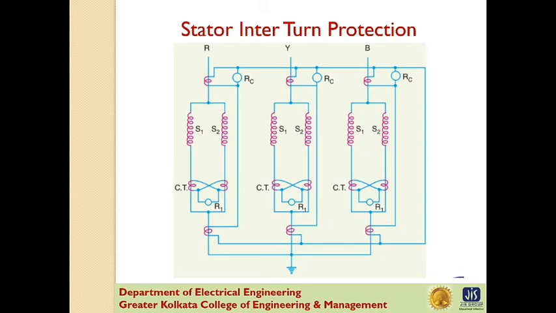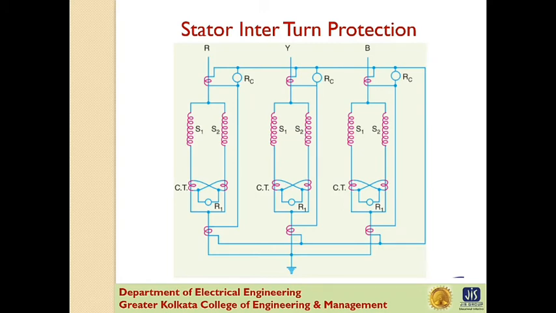Now the multiple circulating current system protects against phase to ground or phase to phase fault. It does not protect against turn to turn fault on the same phase winding of the stator. It is because the current that this type of fault produces flows in a local circuit between the turns involved and does not create a difference between the currents entering and leaving the winding at its two ends where the current transformers are applied. However, it is usually considered unnecessary to provide protection for interturn faults because they invariably develop into arc fault.